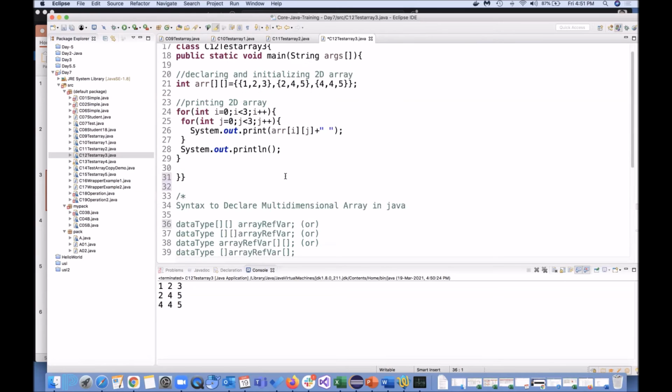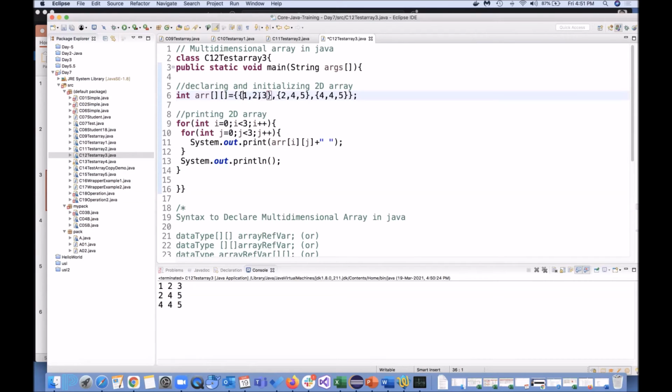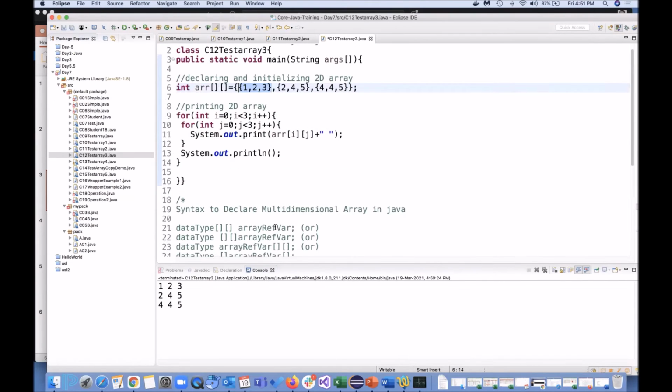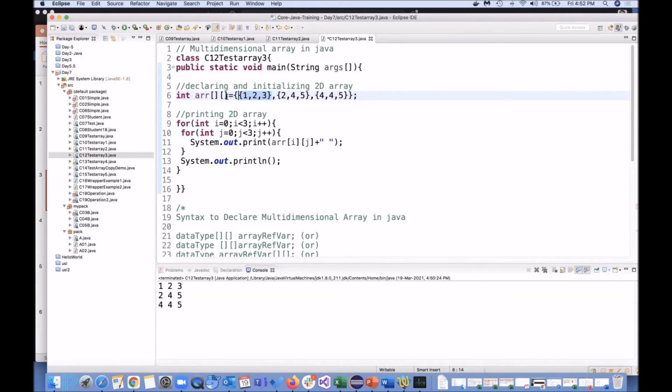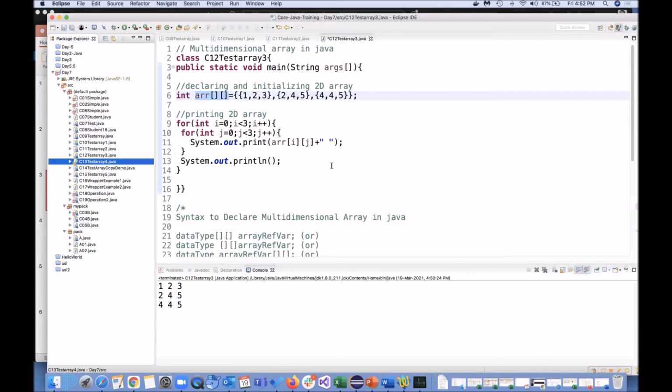Don't get confused. Maybe you might be thinking, Sagar, here 2 is there, but here you are writing 3, 3. So is it a 3-dimensional array? No, it's a 2-dimensional array only. We are passing 1 value, 2 value, 3 value, and we can pass more values also if needed. Fine, I believe this is simple in C, C++ also. We might have learned it. My intention was to show you that in Java also you are having arrays, single dimension and multi-dimension. Pause me if you need explanation, or I will be moving to the next one.